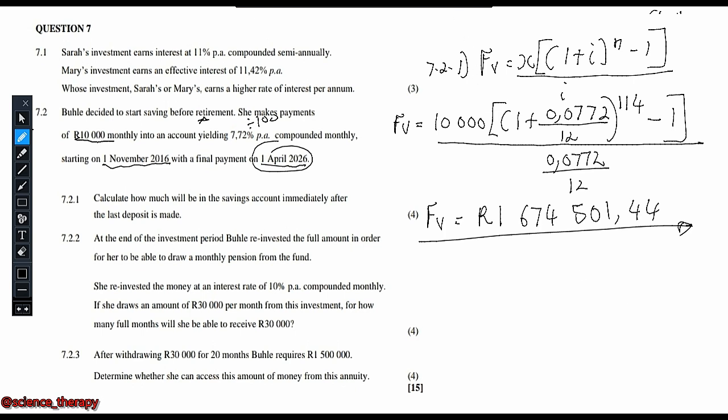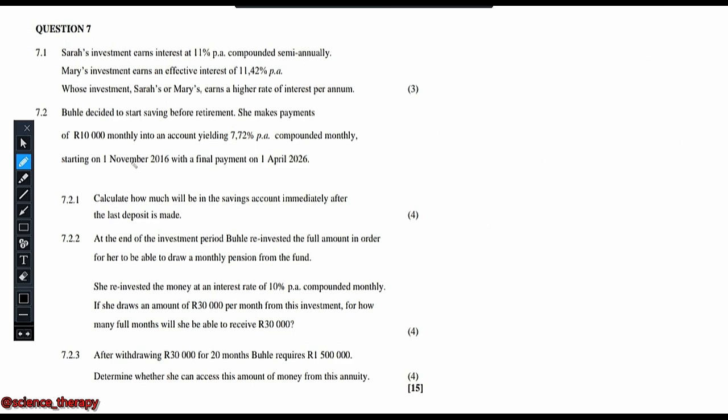Okay. Now let's proceed to 7.2.2. Okay, so now let's look at 7.2.2. It says at the end of the investment period, Buhle reinvested the full amount in order for her to be able to draw a monthly pension from the fund. Now understand this statement here. Remember, Buhle has already invested this money and then she got an accumulated amount, the one that we got here,